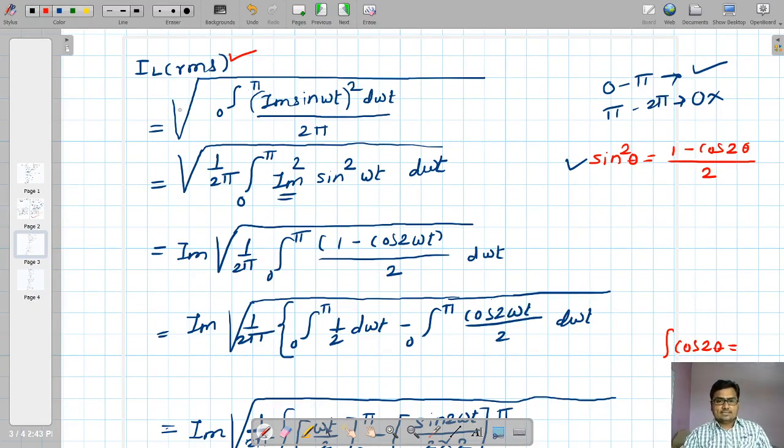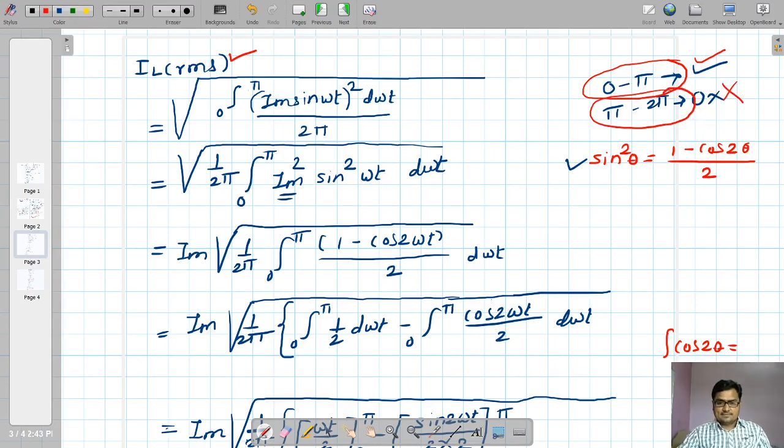Now, look at this. Under the root, it was 0 to pi in the case of the half wave rectifier. Why is it 0 to pi? Because here we have done some work. Look at the right corner. In this half wave rectifier, within the period of 0 to pi, there was an output voltage. But for the period of pi to 2 pi, output voltage was absent completely.